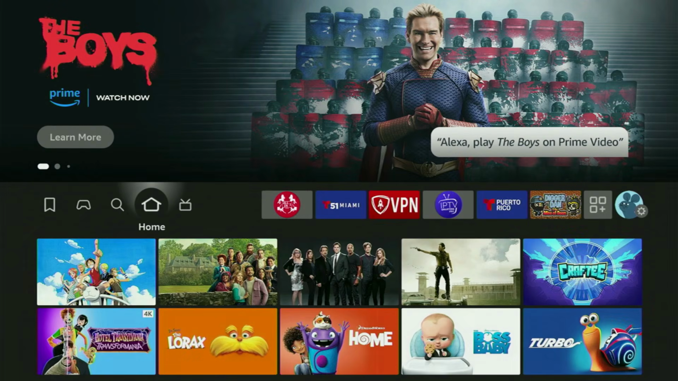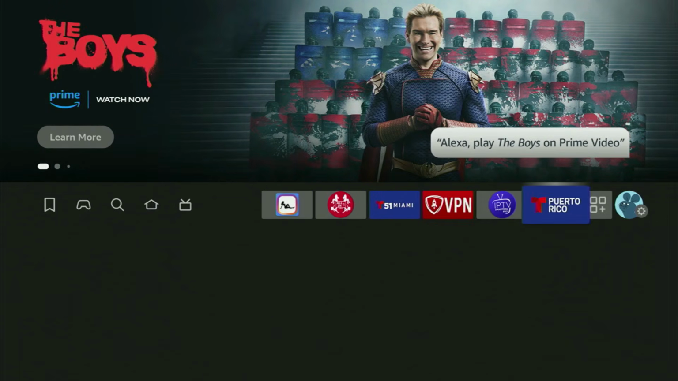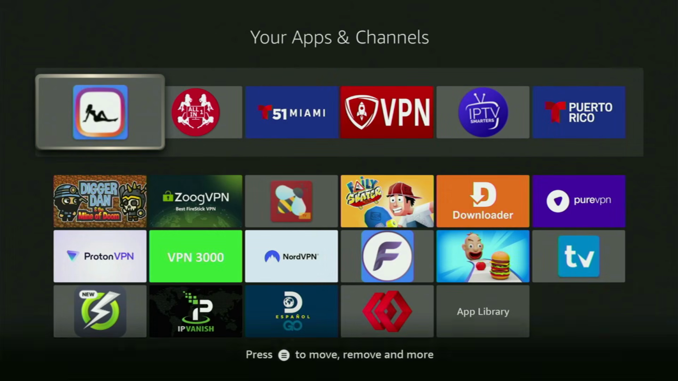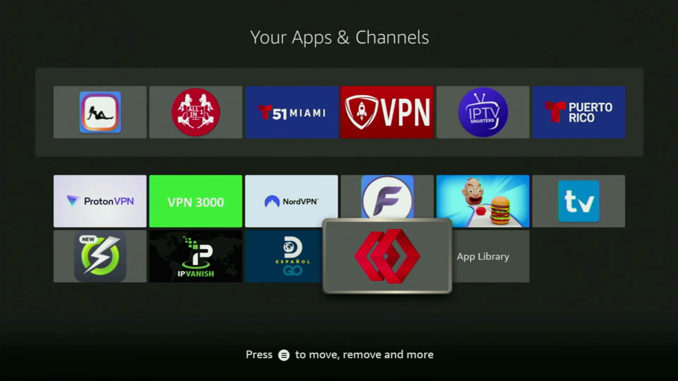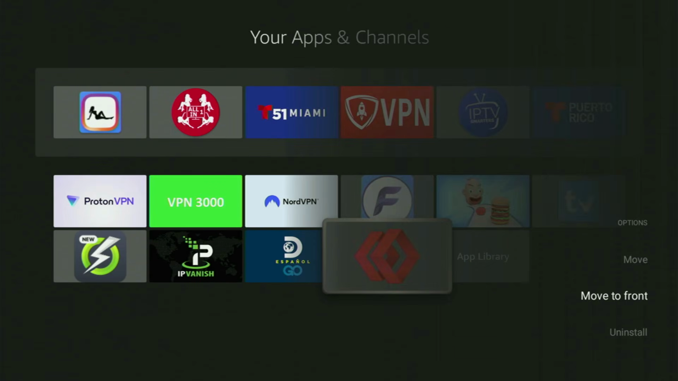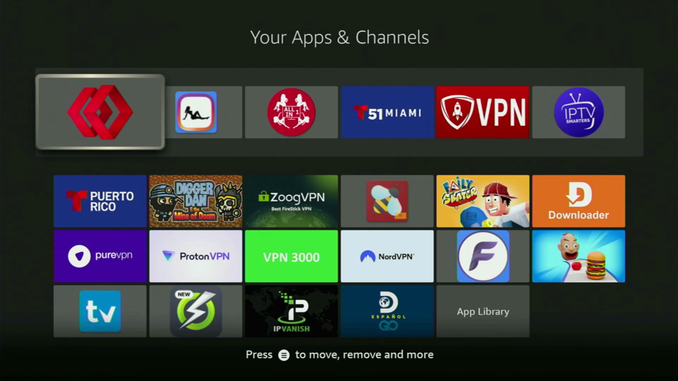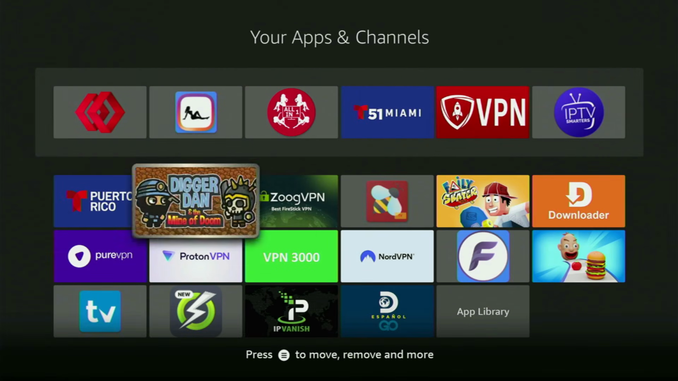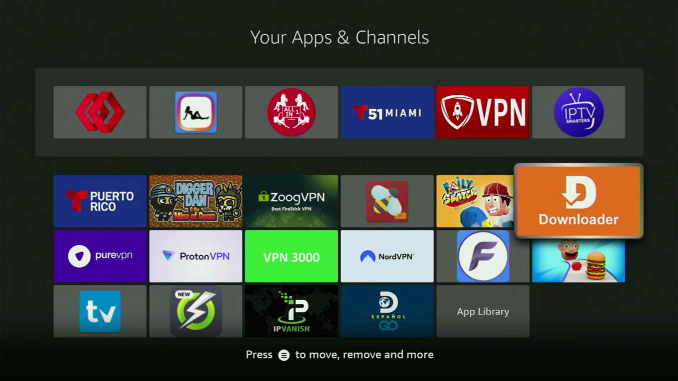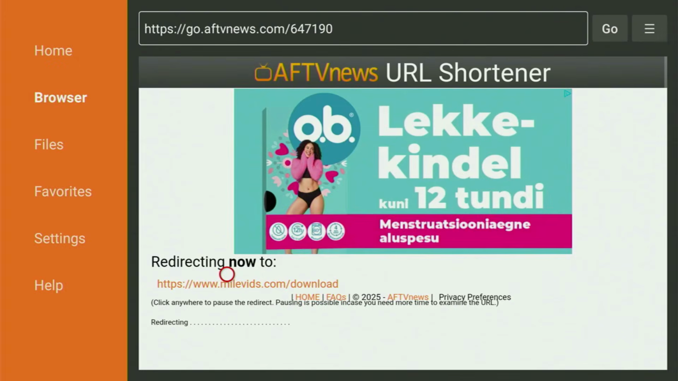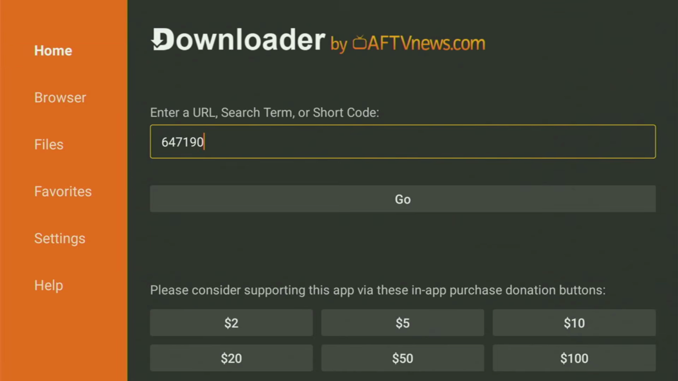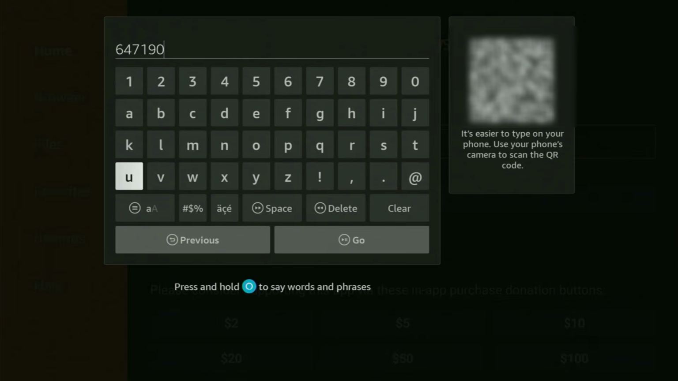Now we are heading back to the list of applications. Here it is. Let me open it, and there's the third application. So we're getting way more and more amazing apps for you. Let me put it to the front of the list for easy access. And then immediately we head back into Downloader. So again, you click on Home, erase that previous code, which is not needed anymore. And the next code we'll use today will be